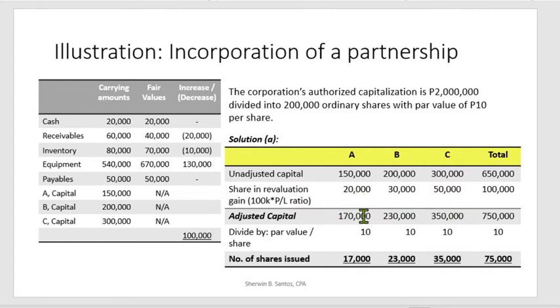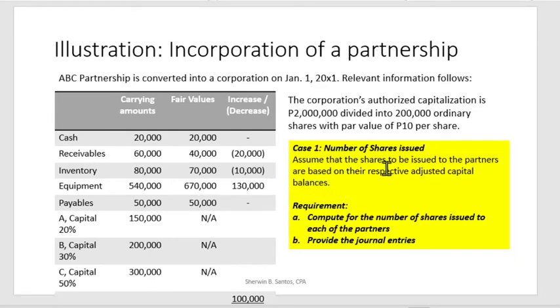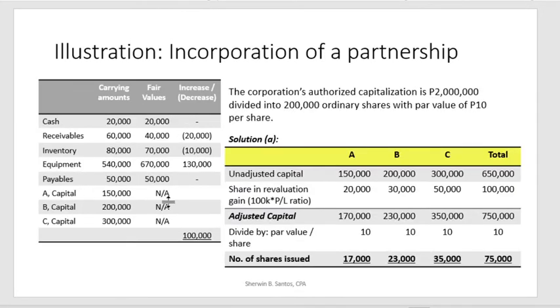So now the adjusted capital is 170 for A, 230 for B, and 350 for C as a total of 750,000 ang total adjusted capital. Ang sinasabi lang dito ay, let us go back with the problem. Assume that the shares to be issued to the partners are based on their respective adjusted capital. So, kung magkano daw yung makukompute mong adjusted capital, yun ang ibibigay na based doon yung magiging number of shares